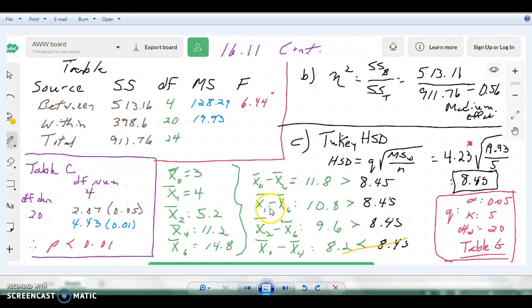And then I continued down the line. I compared 1 to 6 and got 10.8. That also is greater than 8.45. Kept going. Compared 5.2 to 14.8. That also is greater than 8.45. I wanted to see quickly the difference between no alcohol consumption and 4 ounces. That looked pretty close to me real quick, but I realized no. 8.2 is less than 8.45, so this one's not the case. So these 3 different comparisons, or 3 different pairs, gave us enough information to say that there is a statistically significant difference